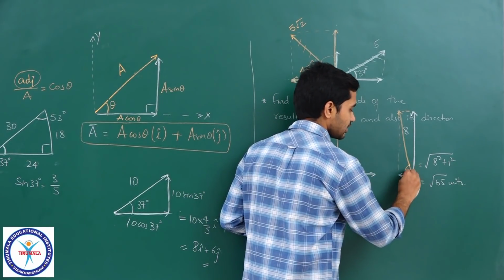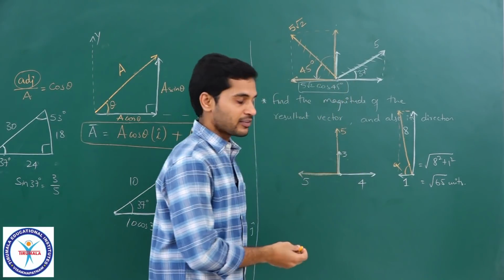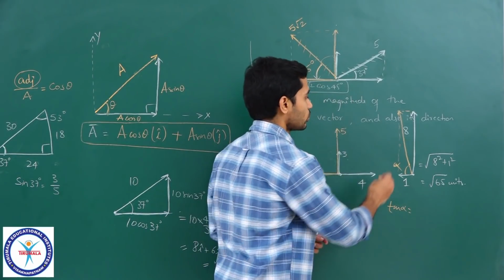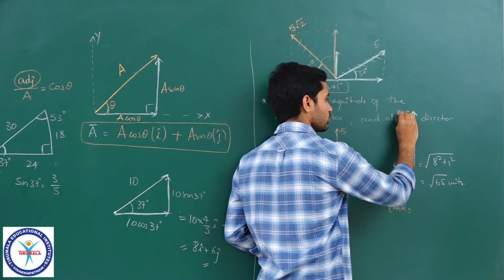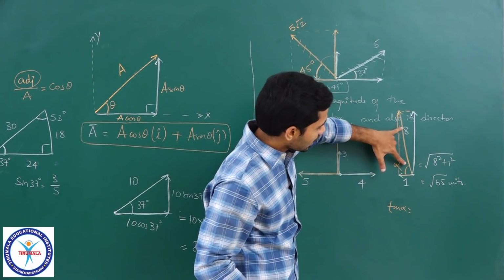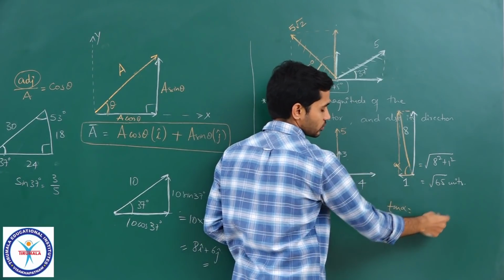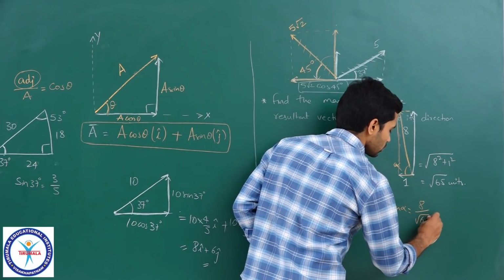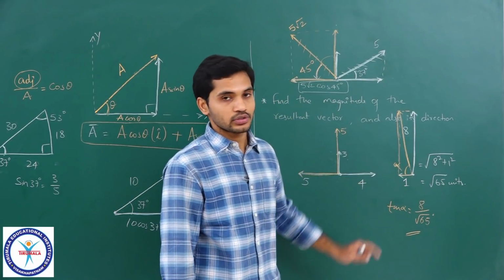You can find this angle. So if you call this angle some alpha, can I say that the value of tan alpha, you can look at the triangle. So if you look at this triangle, this vertical line, this horizontal line and this hypotenuse. So if you look at that triangle, tan alpha means opposite by hypotenuse, correct? So opposite is 8, hypotenuse is root 65. So tan alpha is 8 by root 65. But remember, alpha is the angle with negative direction of x axis.